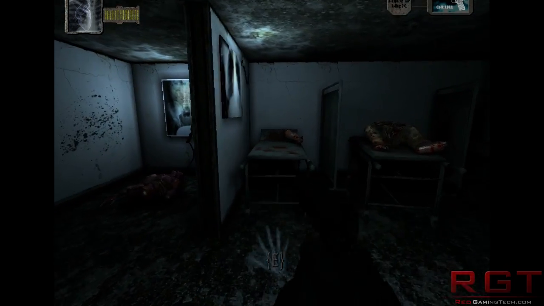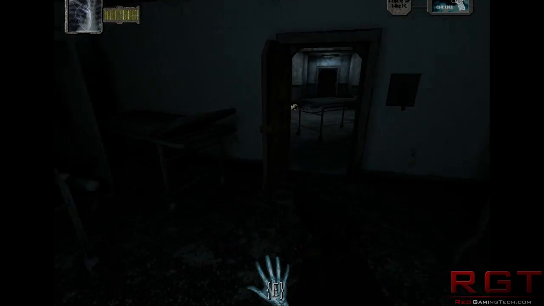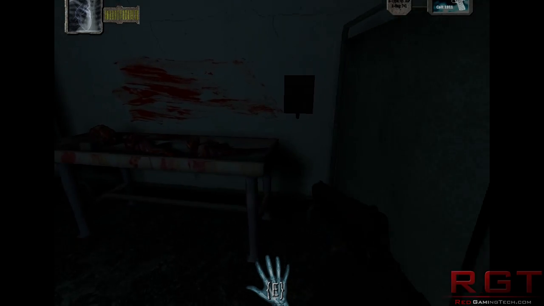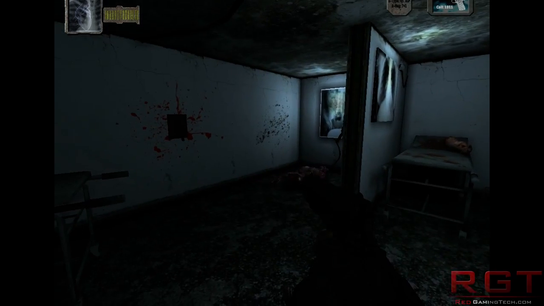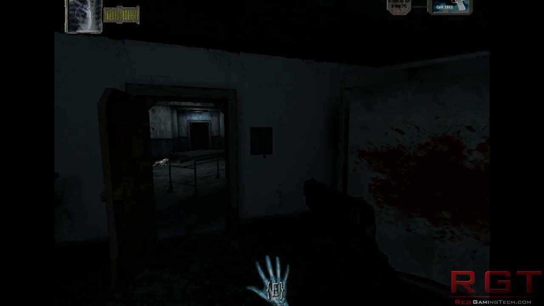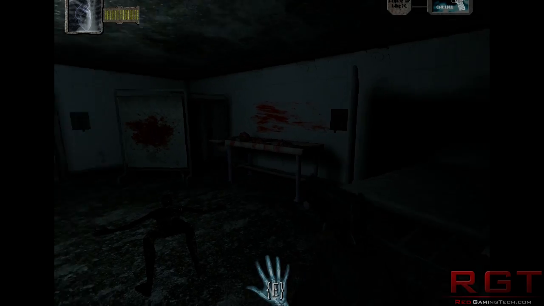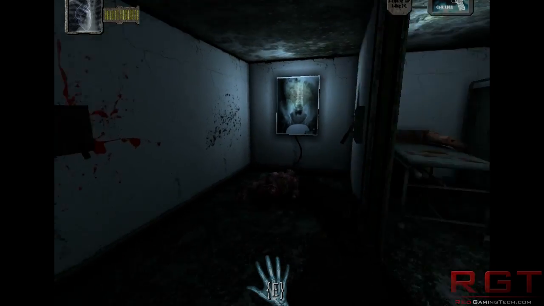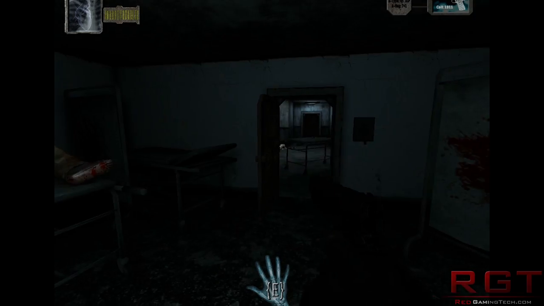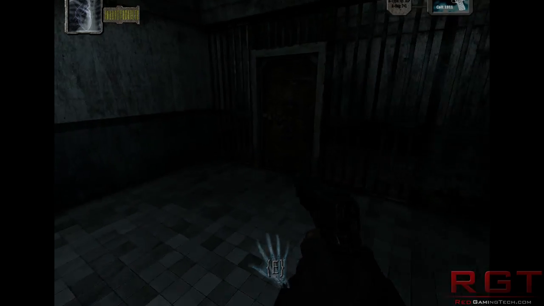See, the problem is, I don't know if these switches are supposed to go down in a certain order. And more to the point, I'm not sure if these switches have to be all down, or some of them have to be up. Let's see. 1, 2, 3. It looks like it's 4, unless I'm miscounting. 2, 3, 1, 2. None on that wall. 3, 4. Yeah, 4. So...